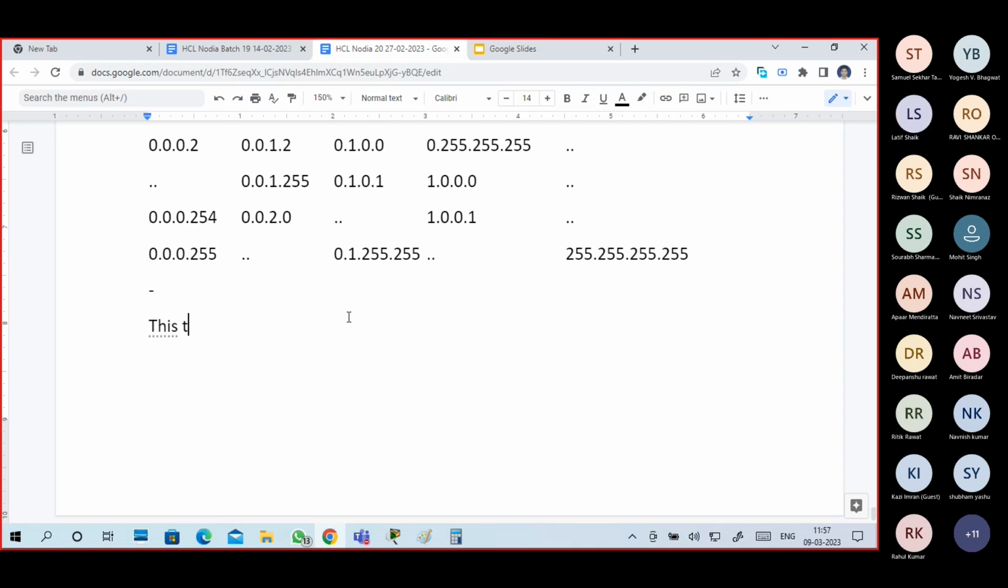This total IPv4 addresses are divided into 5 classes. Divided into 5 classes. Okay. And based on the first octet of the IP address,